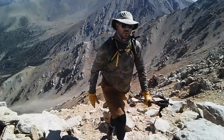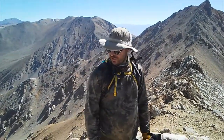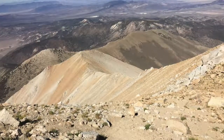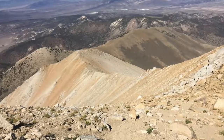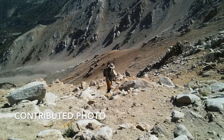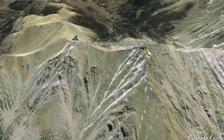I am on Boundary Peak, the high point of Nevada, and it was very difficult getting up here. The last mile, or probably half mile, was very challenging. Lots of scree, and I miscalculated and took a bad route for a while and had to backtrack a little bit, which consumed a lot of energy. Whew. But I am up here on top of Nevada